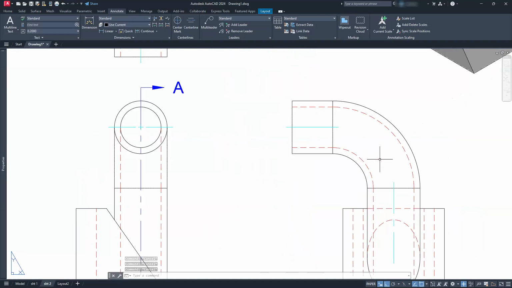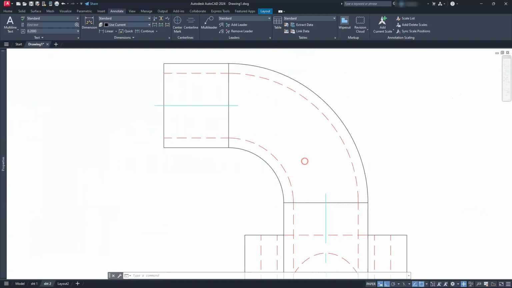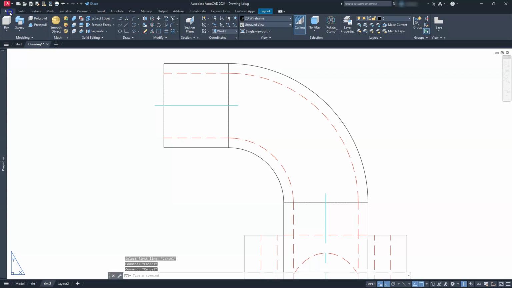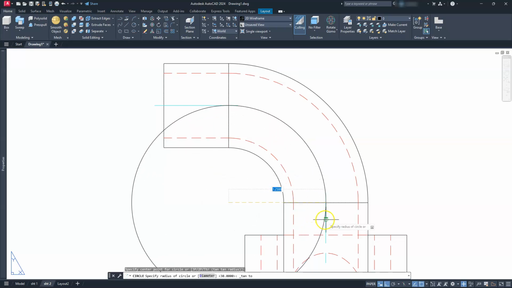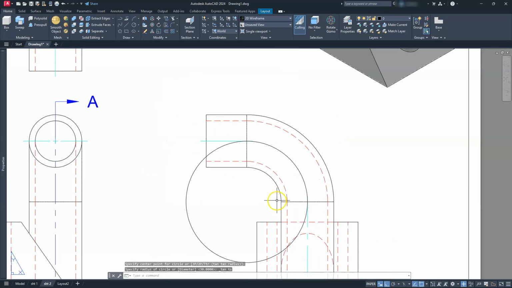Now, here's one of the problems: we cannot create an arc here using either one of these, right? If I try to use this center line command, it won't even let me select these arcs. So I have to physically draw a circle there. All right, let's go back to the Home tab and create a circle with a radius. So circle, center, radius, go to this center, then do a shift right click and choose tangent, and then select that line there, right? And then we can trim this. So I'll do a trim,